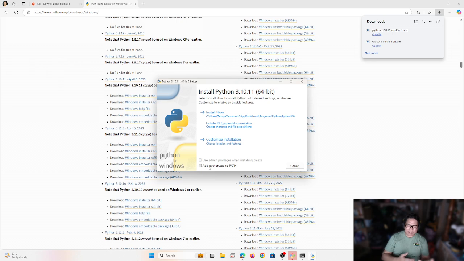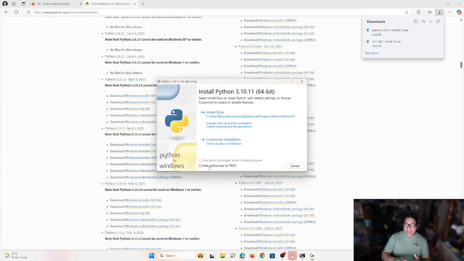With Python, systems normally get messed up. It's a great language, but it's very hard to maintain. So right now, just do not check this part, because if you do, it will conflict with your 3.11, and the system doesn't know which one is going to be used.